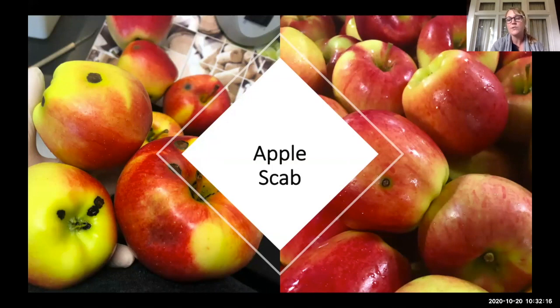And these are some photos of Ambrosia apples, beautiful, extra fancy apples. These were destined for export, but unfortunately you can see these dark scab lesions on them. And so this is very much an economic pest or a disease within our industry.